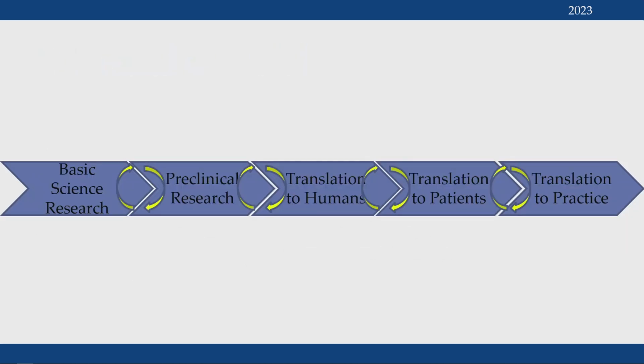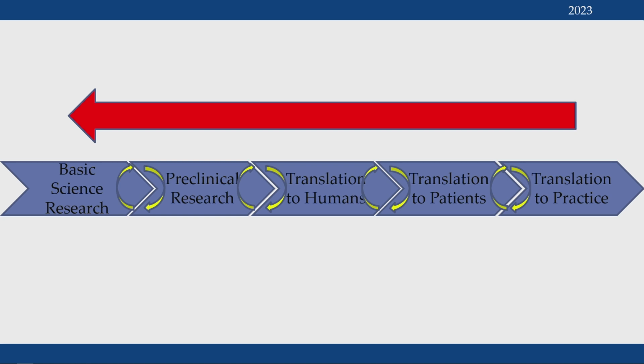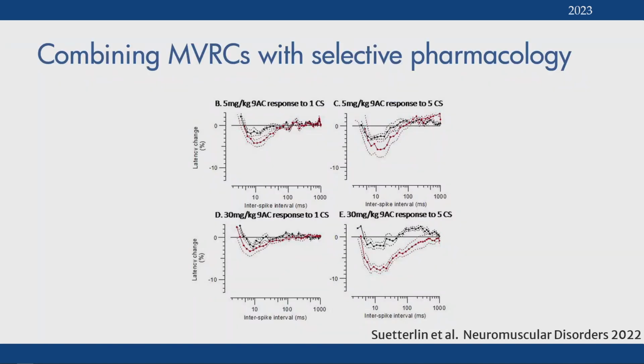And so in order to do that, I think we need to go the wrong way, so to speak, down the translational pathway. And what we've done is reverse translate the MVRC so that you can apply them in animal models. And the big benefit of that is that you can combine it with a selective pharmacology, similar to the maxillotine, but obviously you have a wider range of tools. So this is published, but this was initially done in mouse TA, and combining it with blockade of the chloride